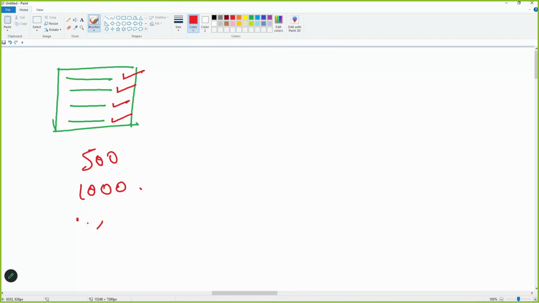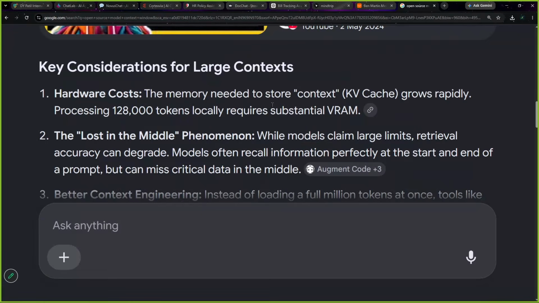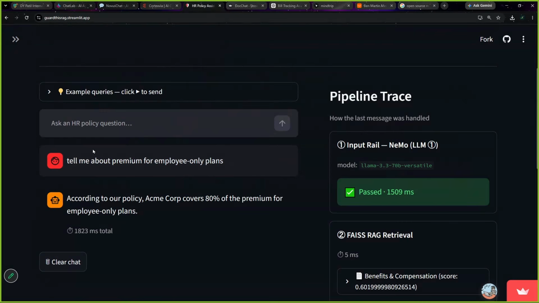Once we have split this data, we want to convert this text into numbers, which means "I am Divesh" will be converted into numbers like 0.1, 0.8, 0.9. All right, just some random numbers. Why? Because check this out. When I am getting information from my